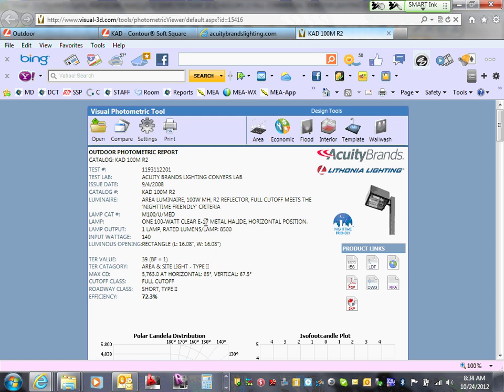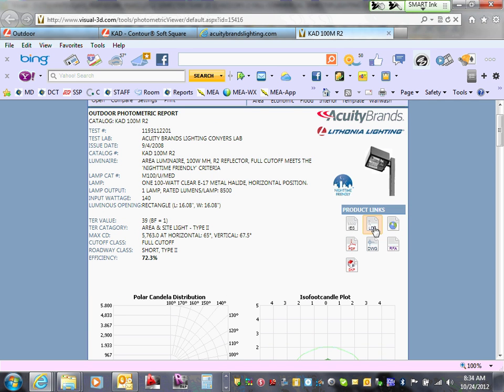You can find IES files. You can grab an IES file and download. Can you see the IES files here for that fixture? You can grab this. We already have them in our project. But in the field, when you start working and you find a fixture and you don't know where the IES file of it is, where are you going to go? To the catalog number. Almost all the manufacturers, and this is Lithonia, guys,